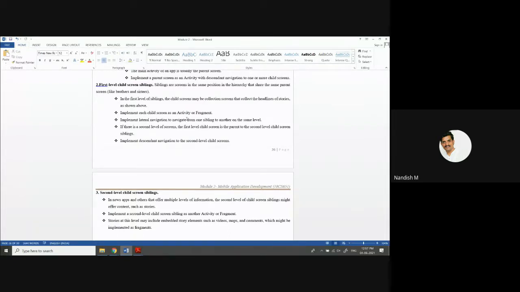What they may contain are the second level stories, and there could be videos, maps, comments. All these you have to implement as fragments. A fragment is nothing but a part of the activity. An activity is an entire screen, and a fragment is a part of the activity.